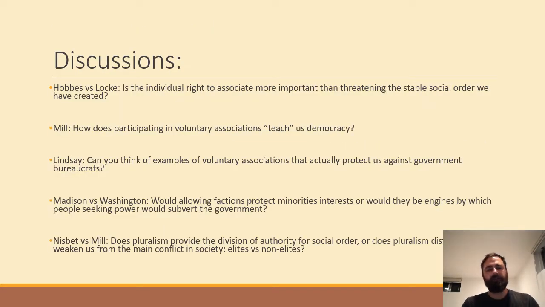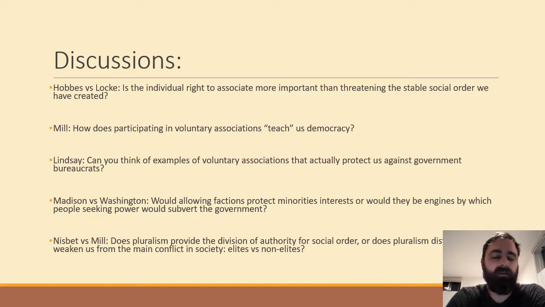So I know that was a lot, but there's a lot of meat and a lot of discussion to be had as you think about these different philosophers and theorists. So first, Hobbes versus Locke. Is the individual right to associate more important than threatening the stable social order we have created? On one hand, you could say these rights are inherent, but on the other hand, this stability that we've achieved in society, sometimes we might take it for granted, and by letting things go too much, we might lose that